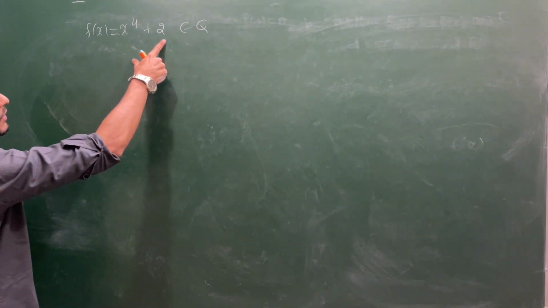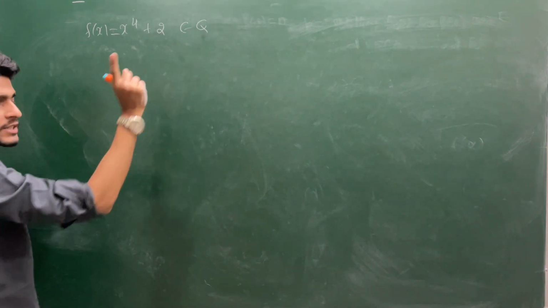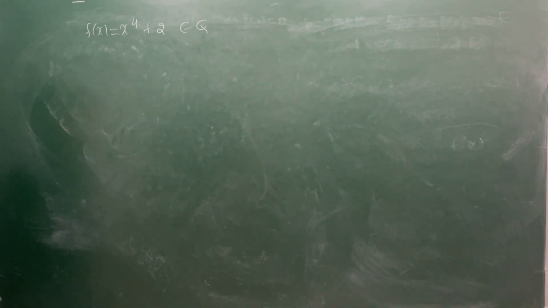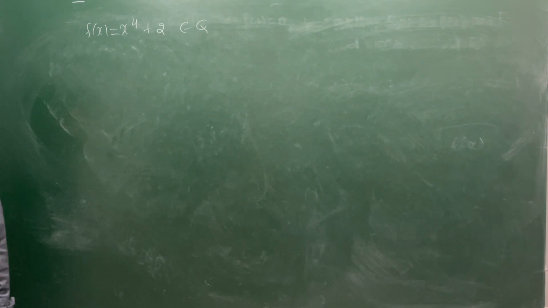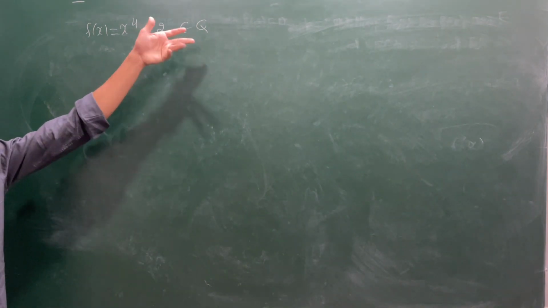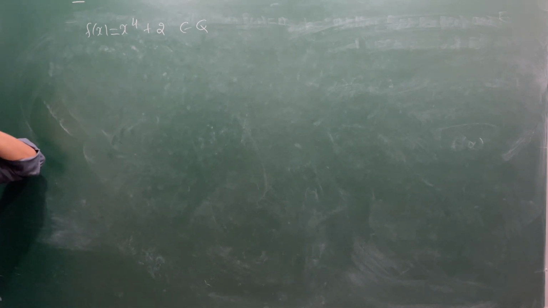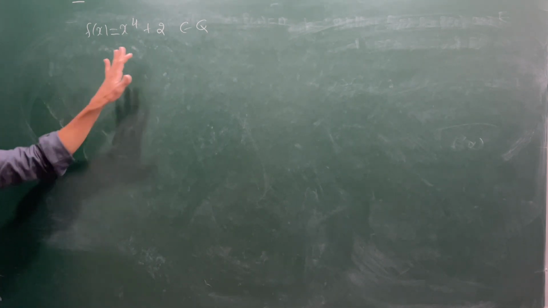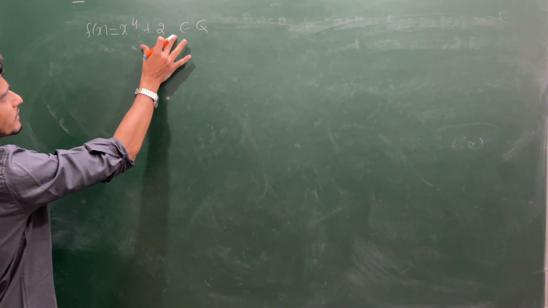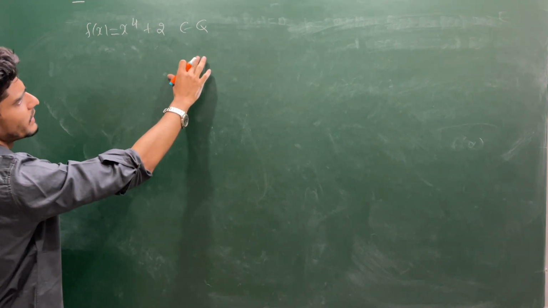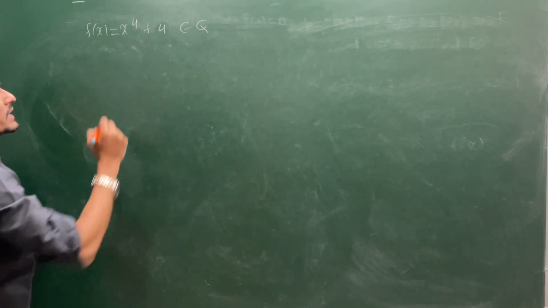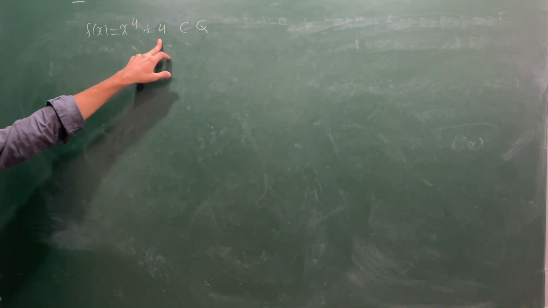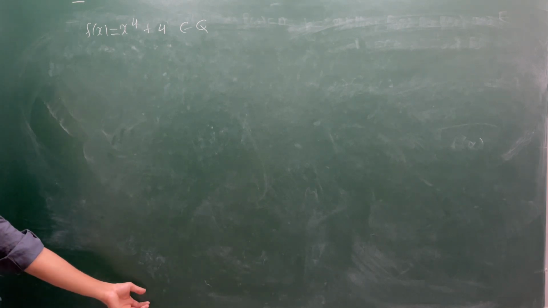See, we are looking for an extension of Q which is the smallest, which contains every root of this polynomial. So what is the basic idea you can see? First you will be having in your mind the extension will be of degree 4 or something bigger. But let me change one thing. Let us take 4 to make this more precise. Actually this is the actual question. So I wrote 2 mistakenly.